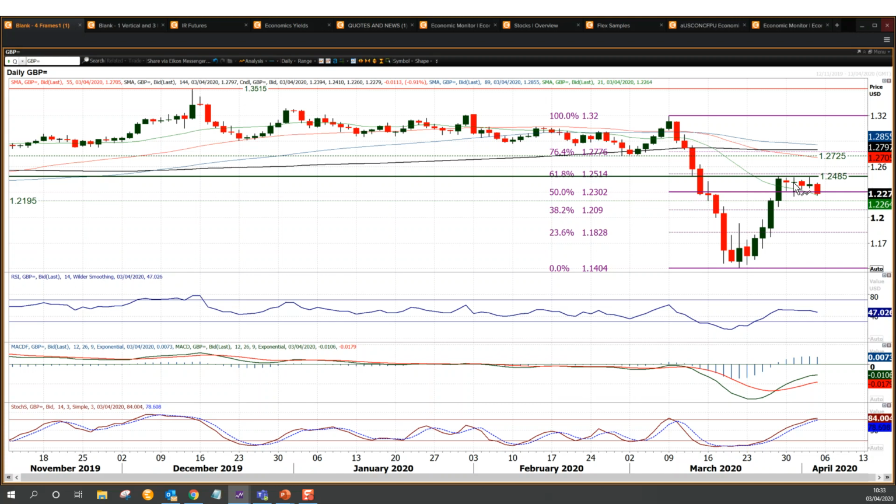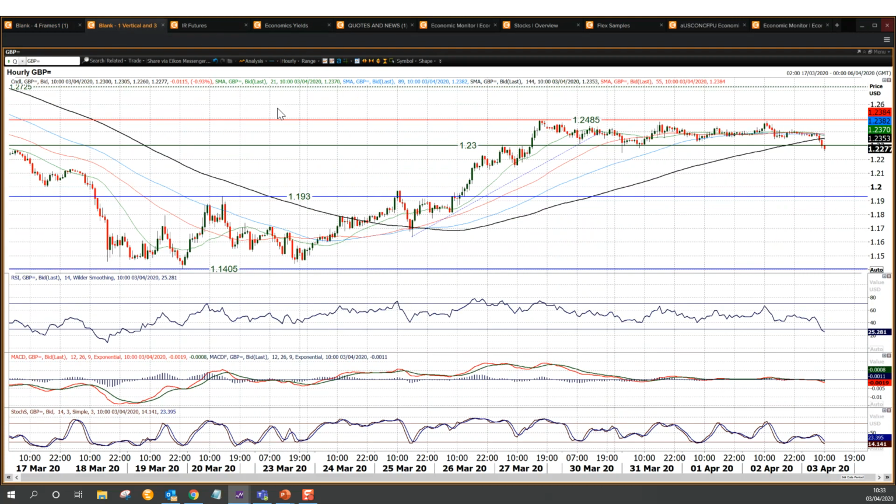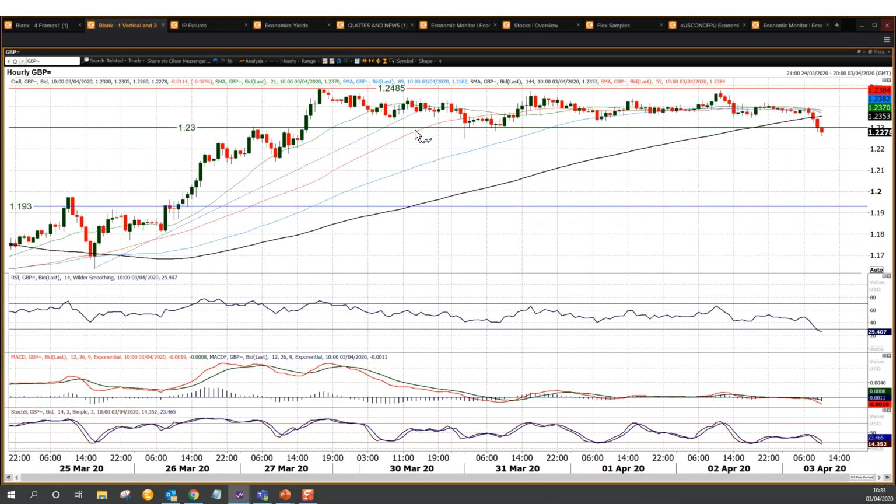But 2250 was this reaction low from earlier in the week. Again, a basis of support. So you'll see on the hourly chart here, the market has basically been in this range, 23 figure, although a couple of intraday spikes below that, but not sustained. 23 figure to 24.85. So a decisive downside break of 23 figure, which is what we seem to be getting now,